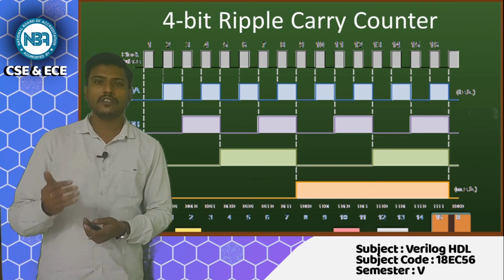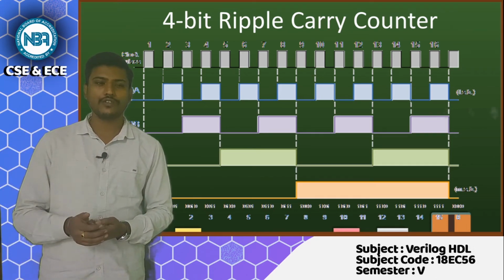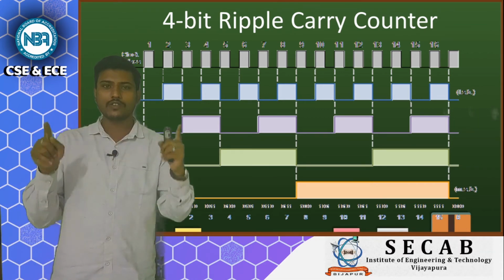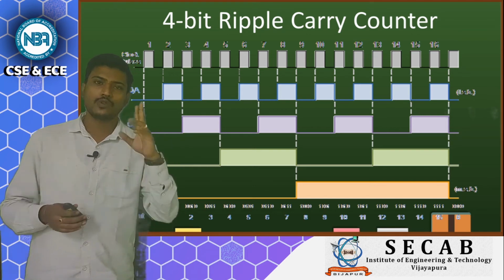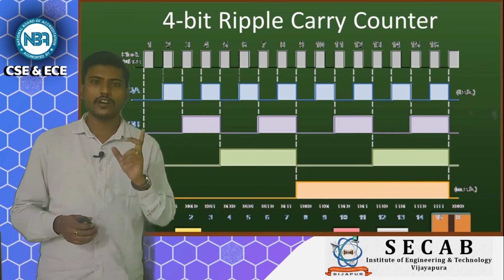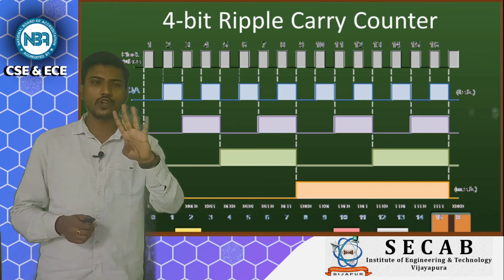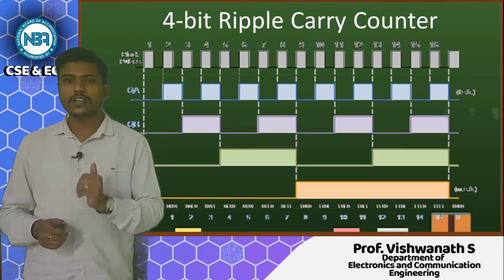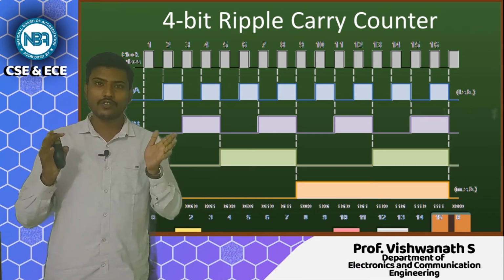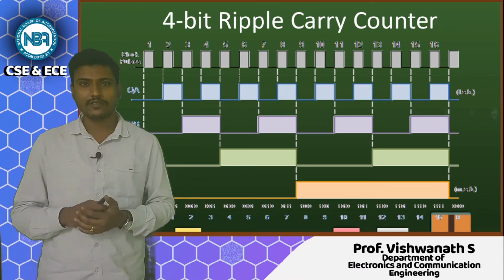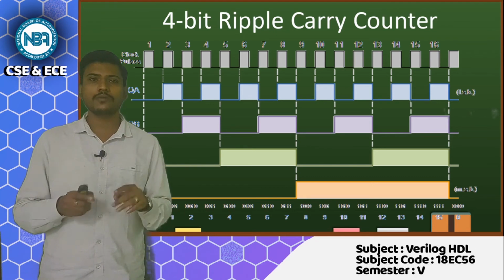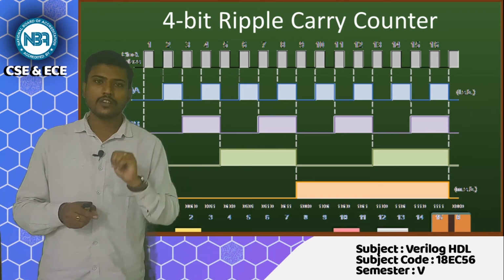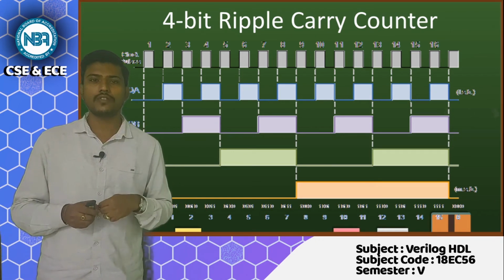Okay. So, now we have come to know that for this ripple carry counter I need 4 T flip flops. Now, if you observe our main block diagram, the ripple carry counter had 2 inputs, that is clock and reset, and 4 outputs, that is Q0, Q1, Q2 and then Q3. We did not know what was actually inside. The whole ripple carry counter was made up of 4 flip flops. Those flip flops are T flip flops.